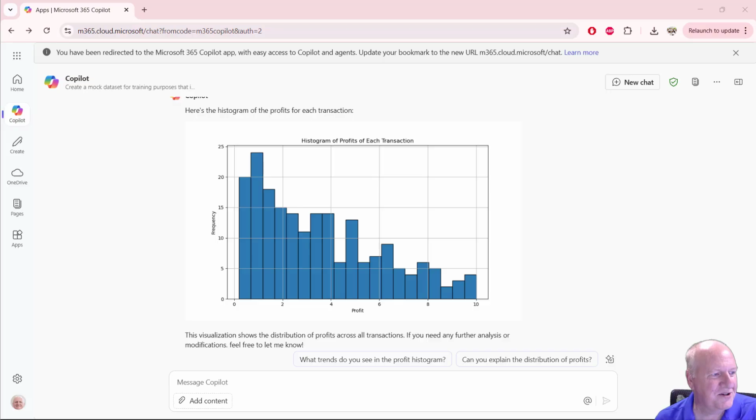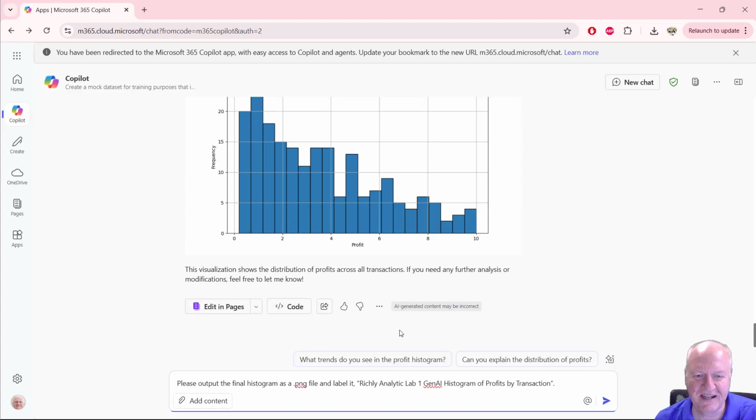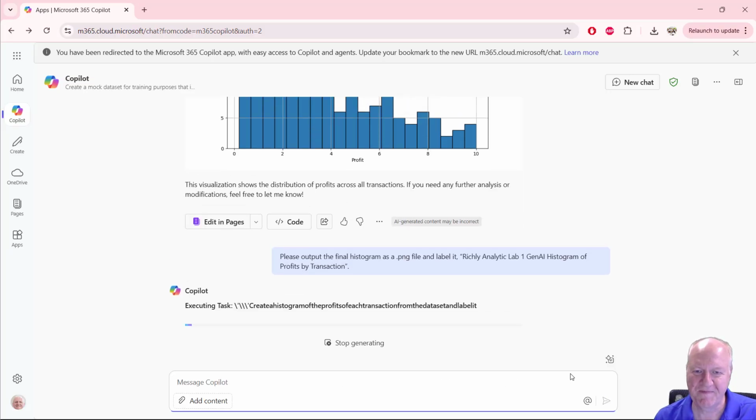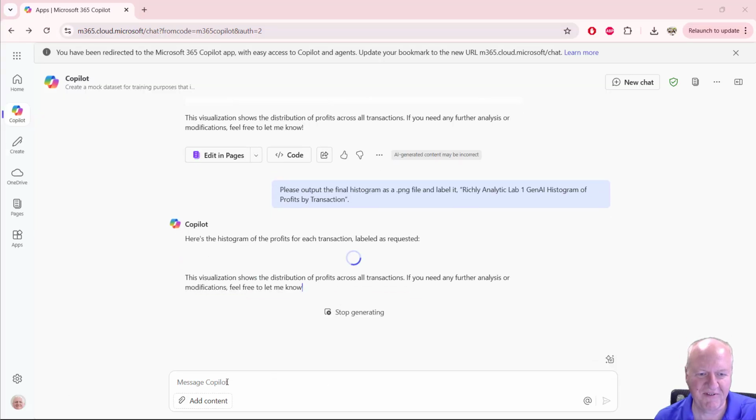The next thing we want to do is talk about the outputs. I always like to name the outputs. We could just click on output here, which is share, but here we want to go ahead and print it out. So let's go ahead and do that. It's going to save it to a PNG file. And then finally, I'd like it to output the prompts. So let's have it provide that.